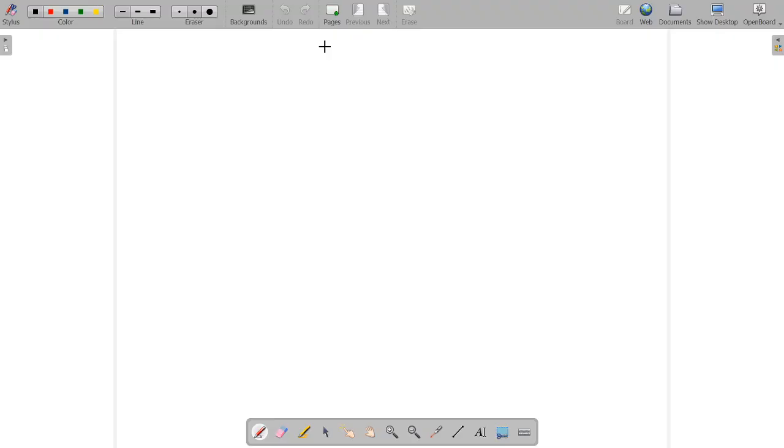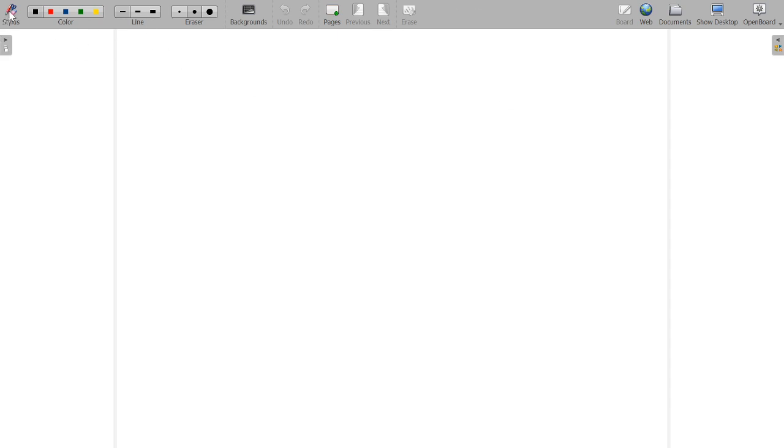Now you might have used interactive whiteboards in your schools. The same thing, most of it is available here. Let us see what is available. On the left side, whatever pages you create, the page numbers will come over here, and on the right side the extra things will come. Let us see the top.